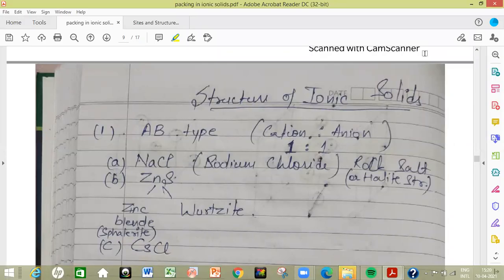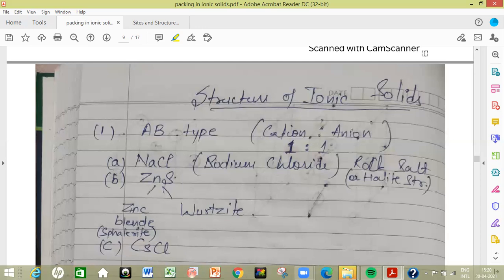So far we have discussed the structures and packing systems in three-dimensional lattices. There were four types of lattices which we have discussed. The first one was simple cubic, the second was body-centered cubic, the third is face-centered cubic, and the fourth is hexagonal close-packed structure. For these packing systems, we have also discussed the coordination number of each type of atom and the site positions available within them. And we have also discussed the number of atoms actually present in a single unit cell.